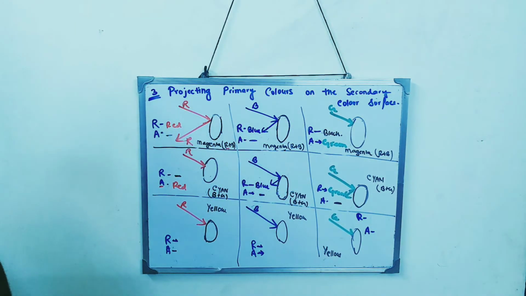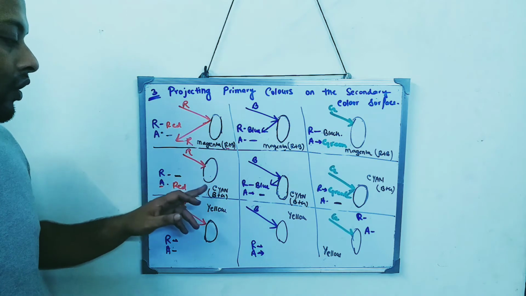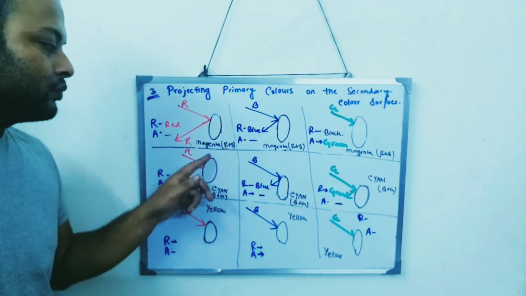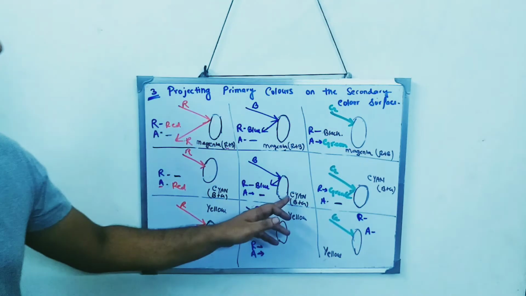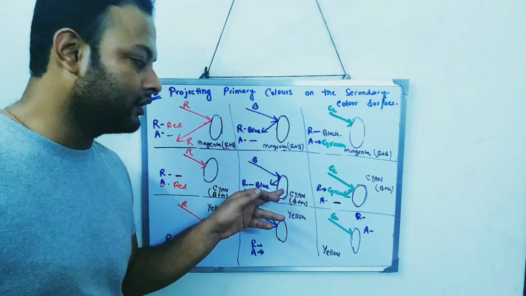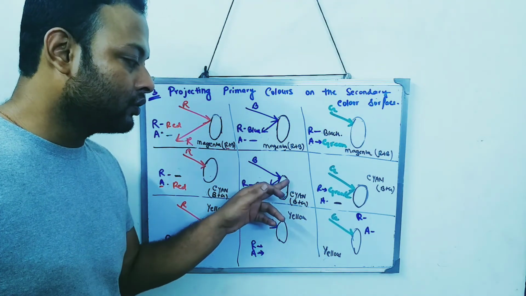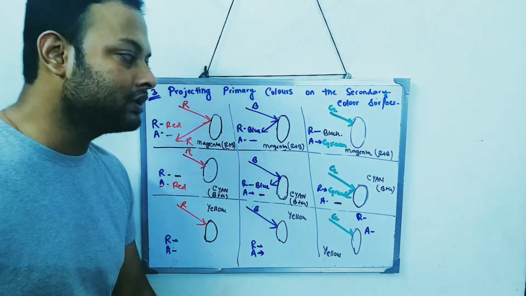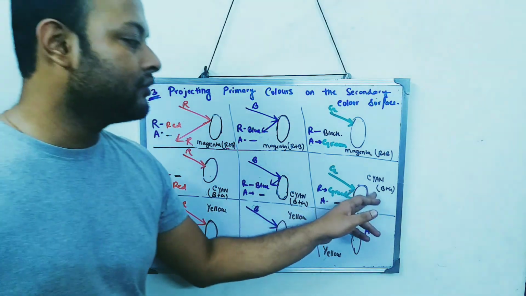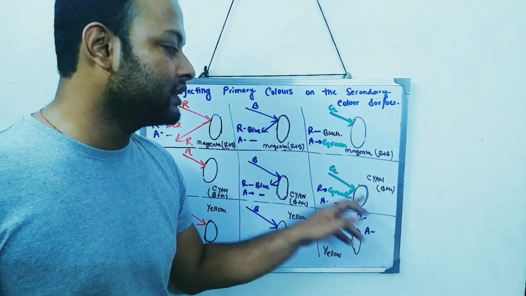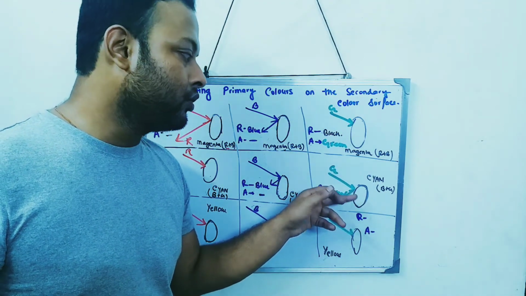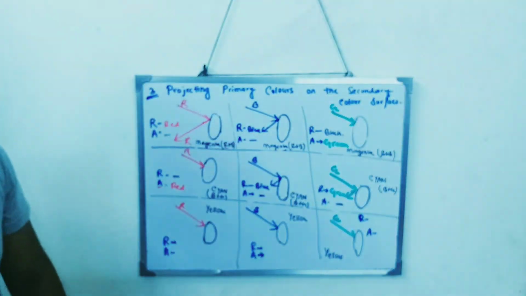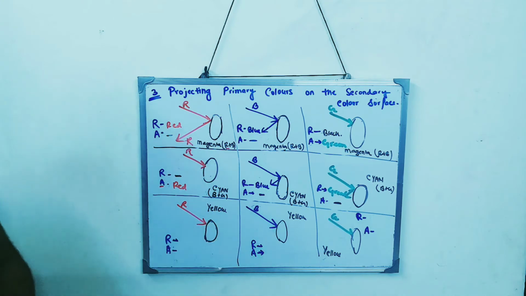So over here, on a cyan surface, if red color comes, it will absorb the red color and reflect nothing. So this surface will appear black in color. On a cyan surface, if a blue light is incident, it reflects the blue color. So this cyan surface will appear blue to us. Similarly, on the cyan surface, if green color is incident, it reflects the green color. So the surface from cyan changes to a green appearance. Now try to do this by yourself also.